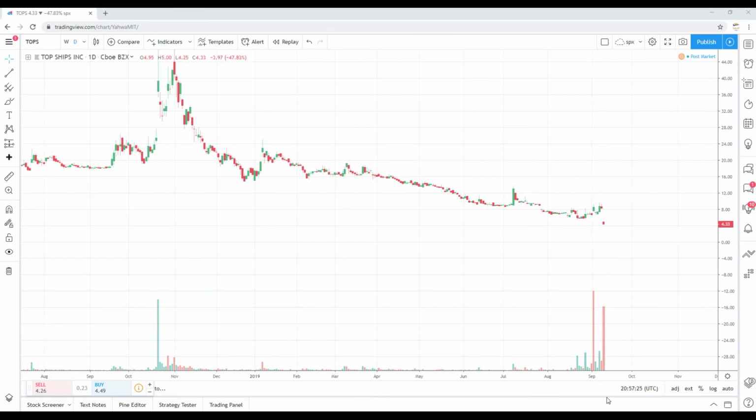You can see selling ensued. You can see again, volume above average volume. So a lot of folks unloading this stock. So as I've stated before, any stock that is off about 50% in one day is not a stock I